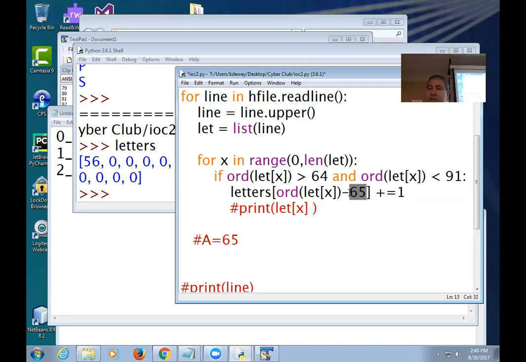We're going to subtract 65 from it. So if we got a letter and it was the Z, it would return a 90. Okay, so we did the ordinal value of it. We got a 90. Subtract 65, it ends up being 26. So now when we run it,